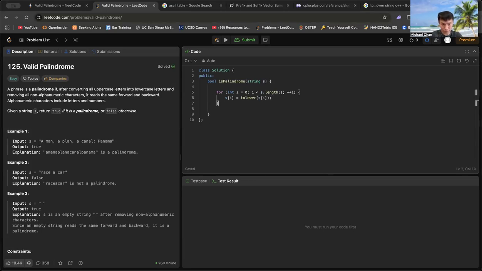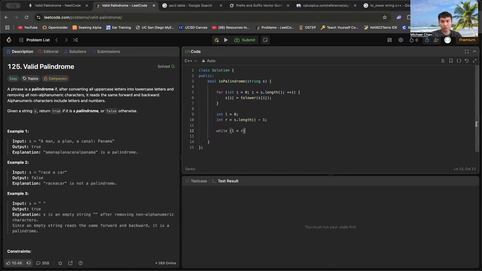Right? So now it's completely lowered. And then I'll have int L equals 0 and R equals s.length minus 1,